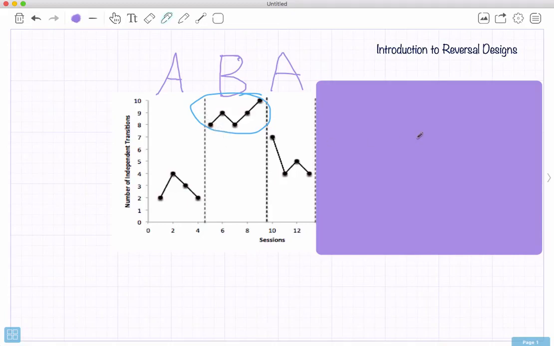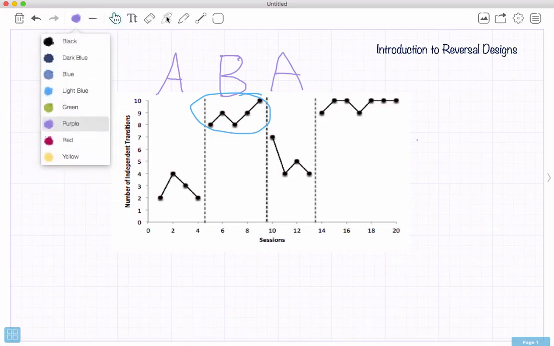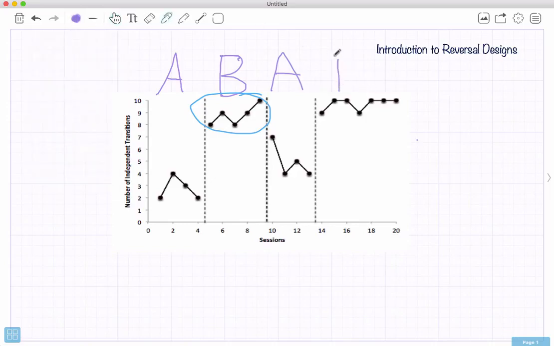Okay, but in order to meet quality indicators for single case experimental design studies that could be used to determine evidence-based practices or be considered a study that meets high standards, we would want to have a 4th phase where we reintroduce the intervention. And so there's a couple reasons why you reintroduce the intervention. If we stopped here,